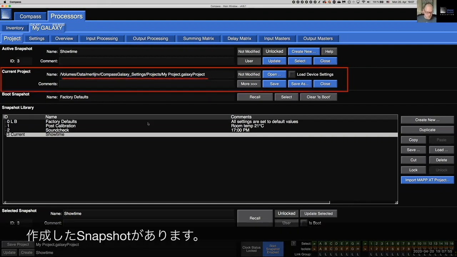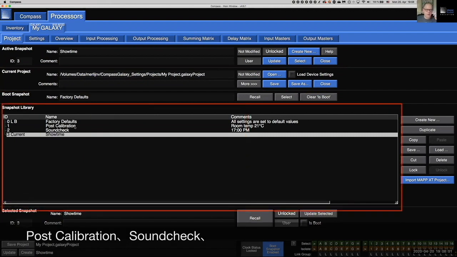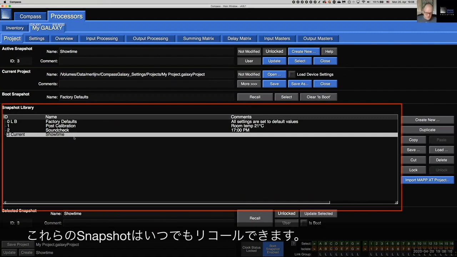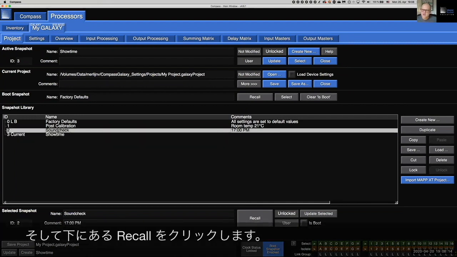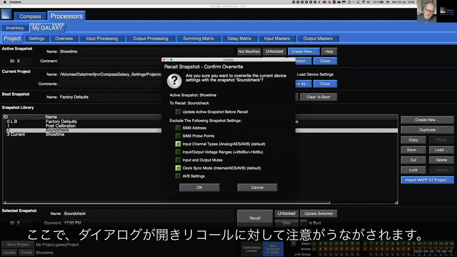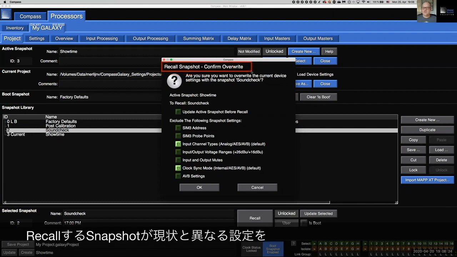Notice that in the snapshot library we see the snapshots that we made. The one that we made post calibration, the one that we made come sound check, and the one that we made come showtime. And I can recall any of those snapshots if I desire to do so by simply clicking on that snapshot and then clicking recall. However, now we have a dialog, and that dialog tells us, careful, you're about to recall a snapshot which might